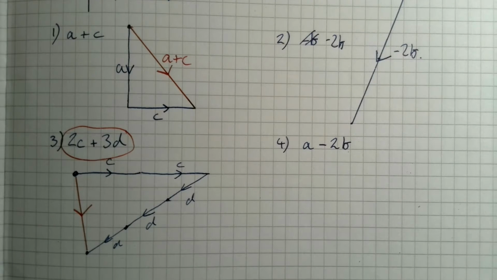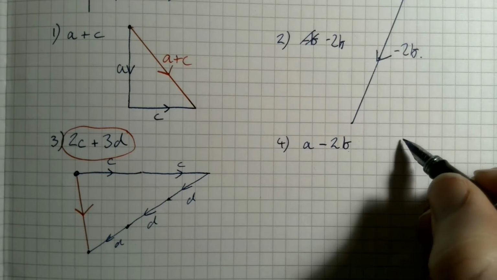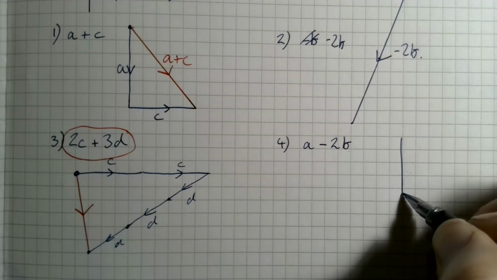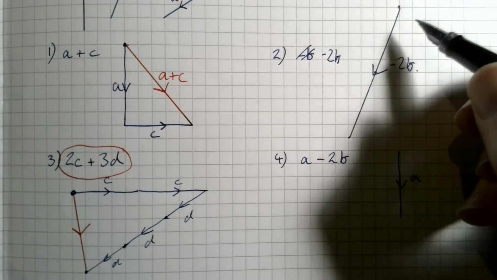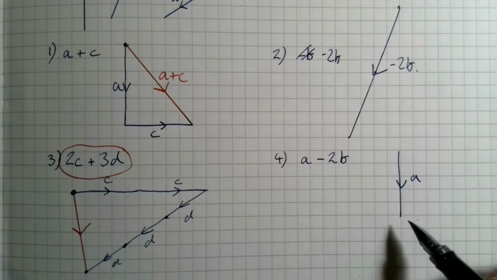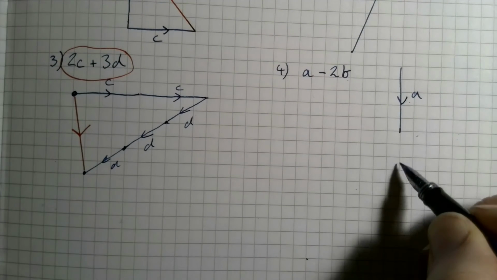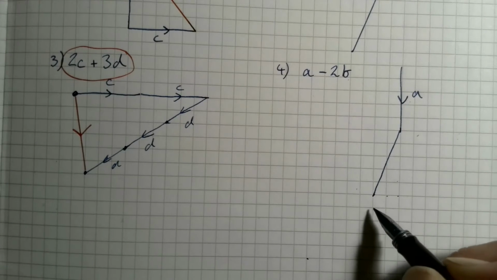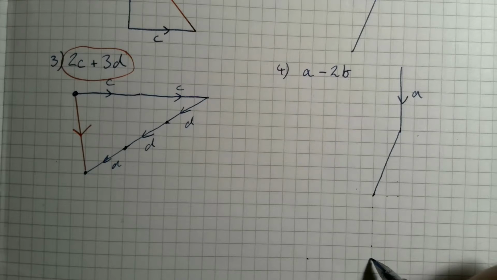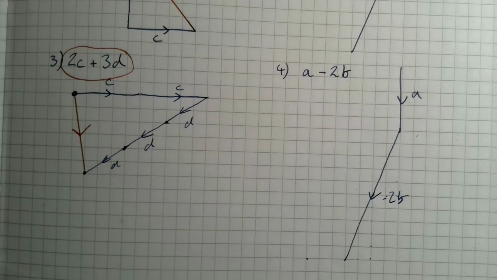So a minus 2b, A is going down, isn't it? 1, 2, 3, 4, 5. That's your A. And then negative 2b is the same as what we had up here, wasn't it? So it was down 5 and across 2 twice. Let's do that. 1, 2, 3, 4, 5 across 2. And again, 1, 2, 3, 4, 5 across 2. That's your negative 2b, so your resultant